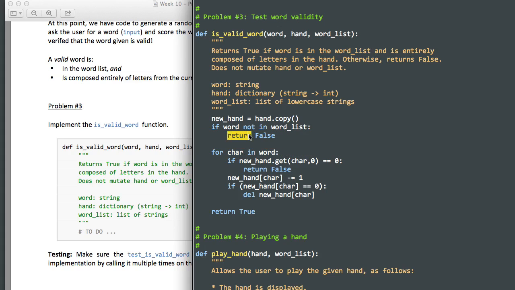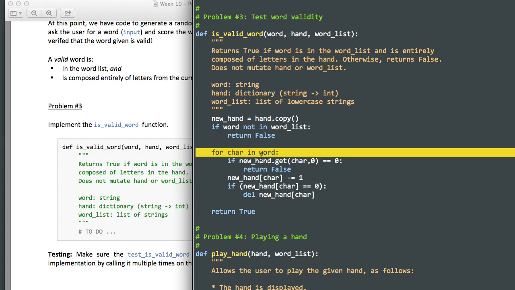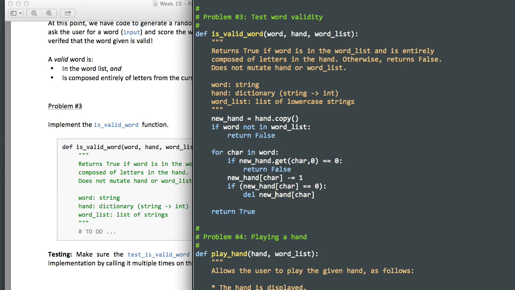So what return false really does is exit out of the function and make a pronouncement that you're wrong, it doesn't exist. Too bad. Now by this point the word is in the word list. Now you just need to check if the word is in the hand. So what we do is we make a copy of it, and then we actually use this .get